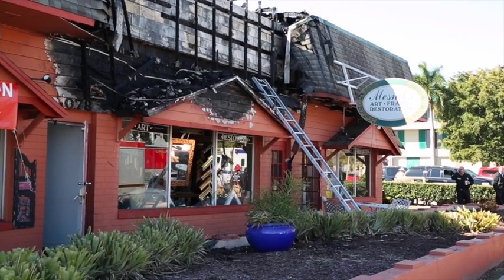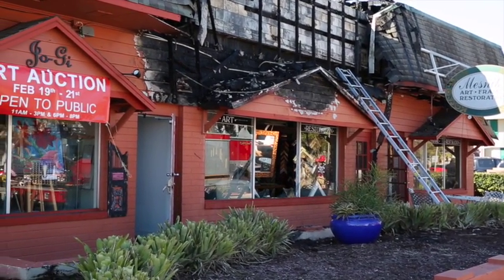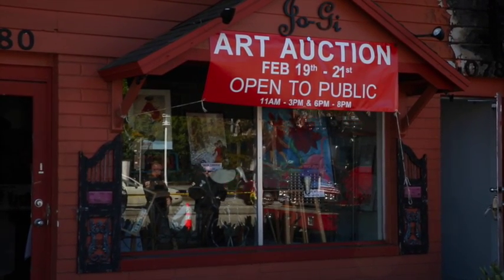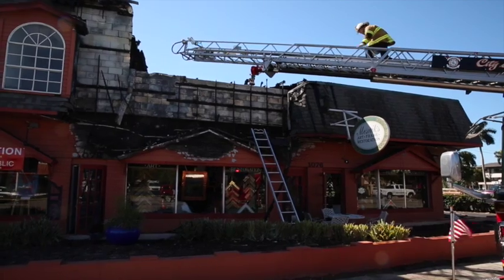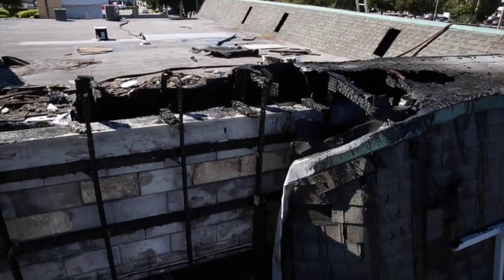If you look at the front of the building, you'll see very heavy fire damage in the area of the roof and what we call a soffit. There's a soffit that's built around a unique structure around this entire freestanding occupancy here on 5th Avenue South. It appears that the fire may have started at the front of the building. We're looking in the area of some lights and electrical. So that's where it appears that the fire